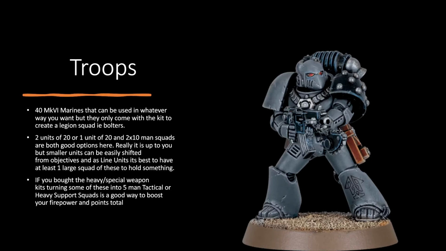Troops, you get 40 Marines. You can do whatever you want with these. And there's several options. If you look in your troop section of your book, I would suggest focusing on the Legion squads right now, just because the kit itself really only gives you that. If you go out of your way to get some extra bits, whether it's jump packs or chain swords, bolt pistols, things like that, you can definitely do some of the other ones like the assault squad or the